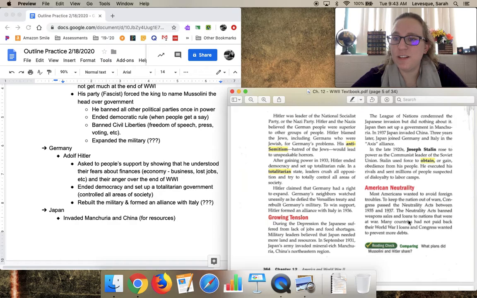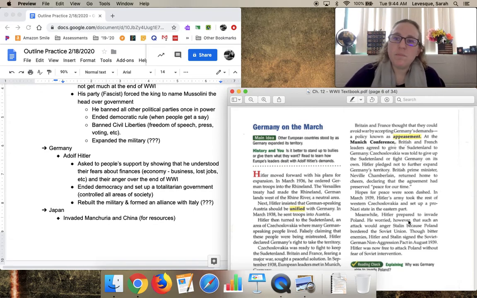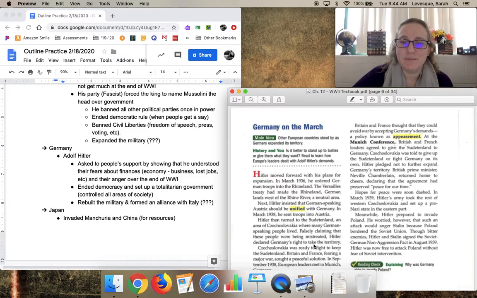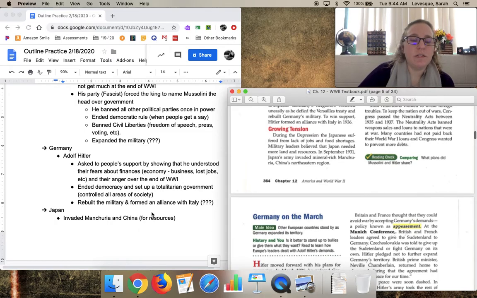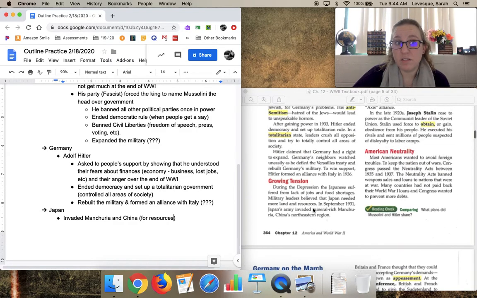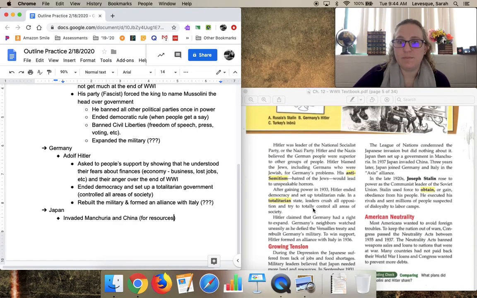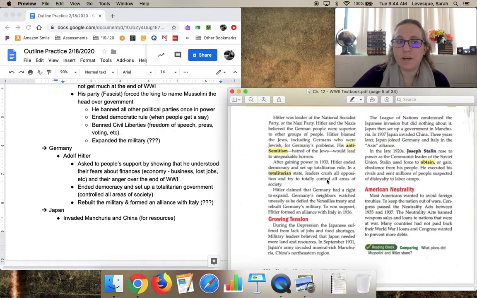All right, American neutrality. There weren't any dictators there, so I'm going to skip that section. Germany on the march. This section talks about Germany starting physical, violent war, hot war as we call it, when advancements and killing and things like that happen. Cool. So now I have all this information right here, and I am able to use it now in my writing prompt. Now, we did not read this very last paragraph right here.